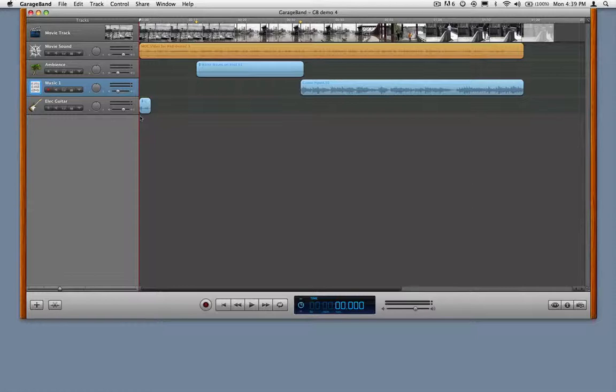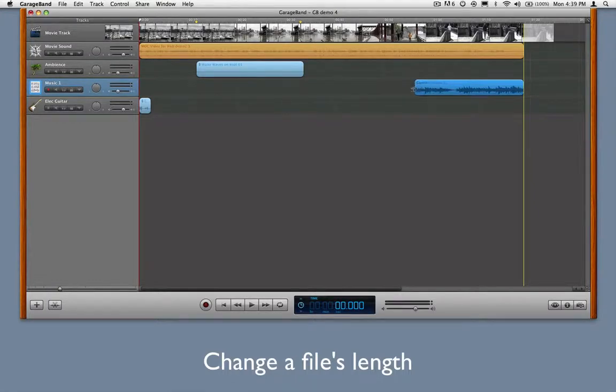fine-tune region placement and length the way that beefier applications like Logic Pro can, essentially with nudge features. Regardless, with a little extra work, you should be able to get your audio files edited and placed just the way you like. You can change the length of a file by dragging the lower left or right corner of a region,